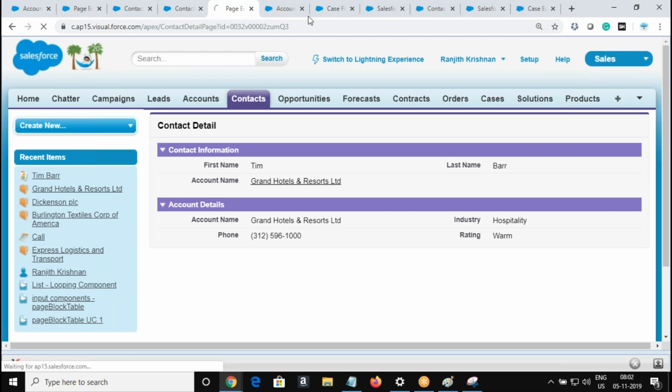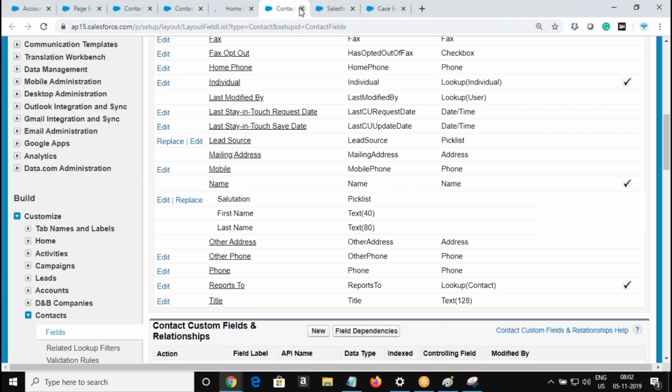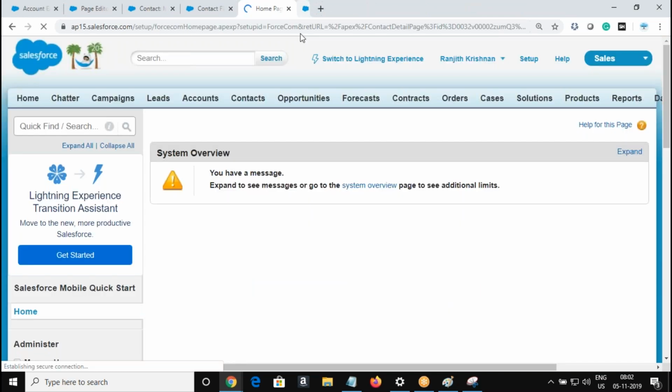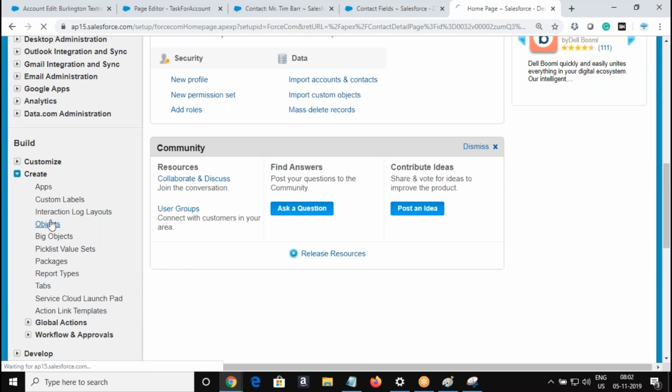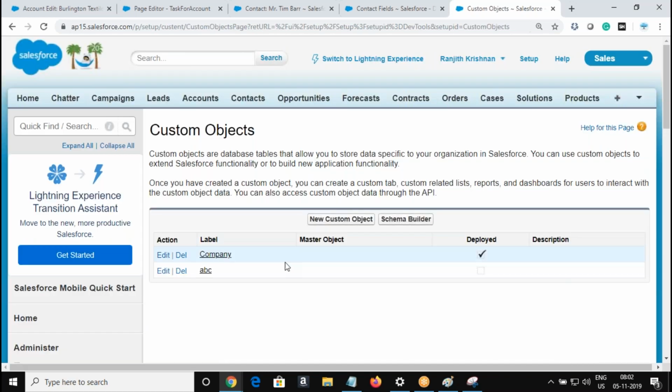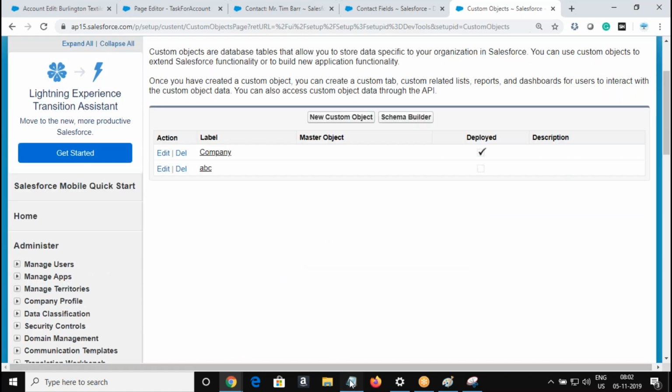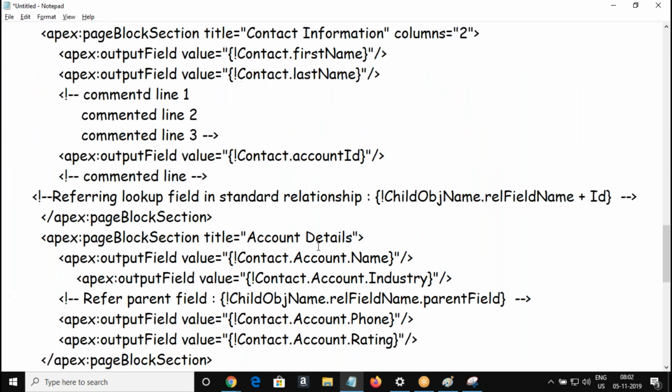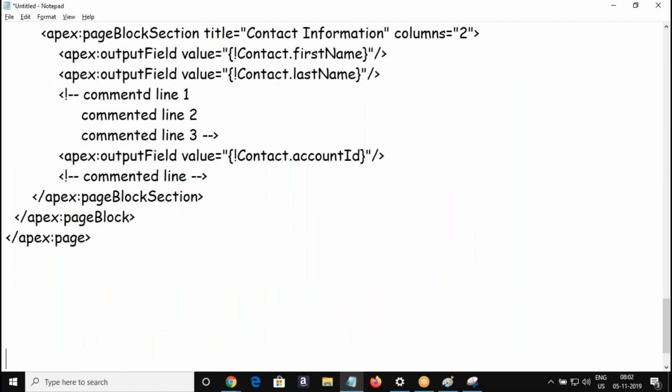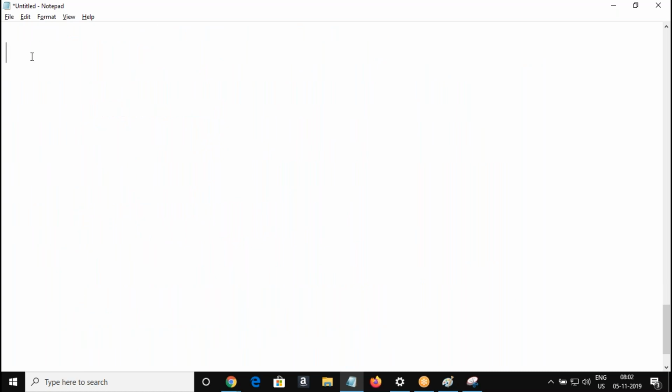Let's see whether I have a custom object so that I can show you the naming convention demo. Create objects. Okay, I do not have many custom objects here. Let me create a custom object here. I'm going to create a custom object, a project.